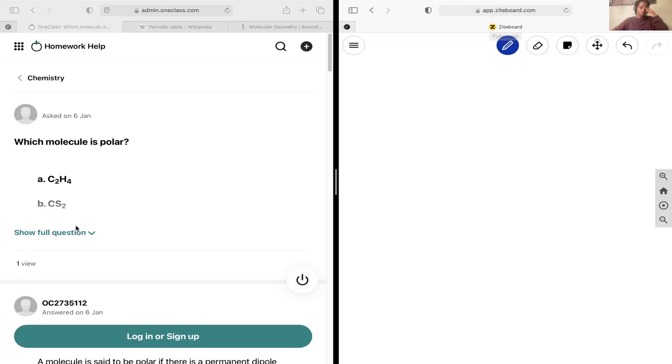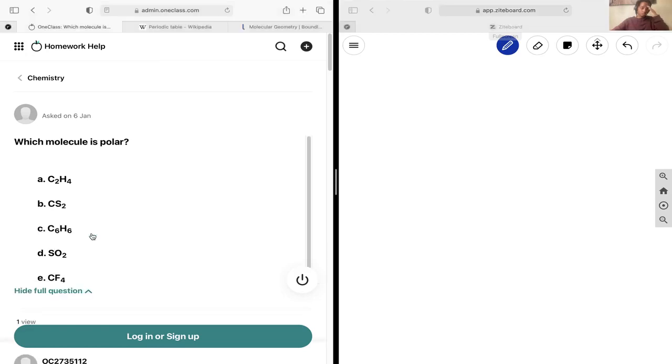Next up, we want to figure out which molecule is polar. In order to determine polarity, we first need to find the Lewis structure, and from there we find the molecular and electronic geometry. Then we figure out whether it's polar by examining the symmetry of the dipole moments and seeing if they all cancel out to 0 or are non-zero, in which case it would be polar. So if we start with C2H4,